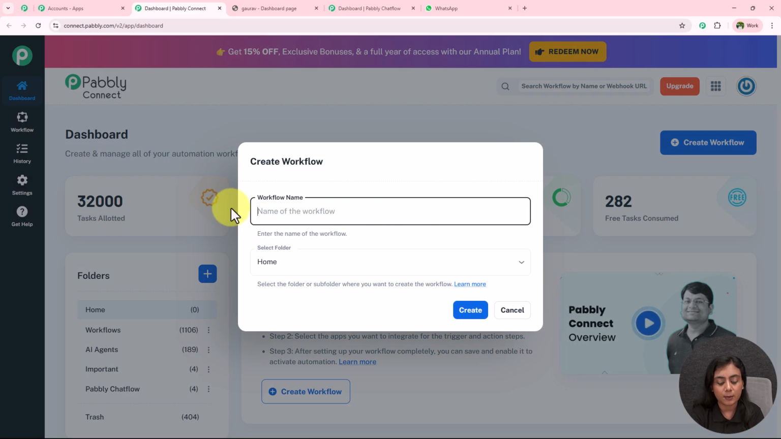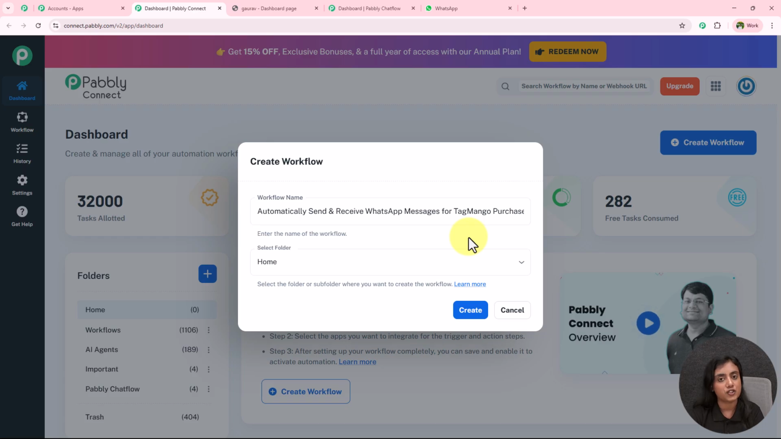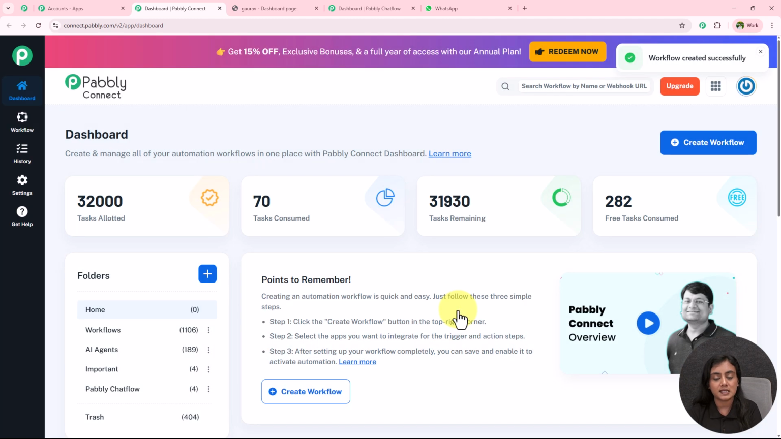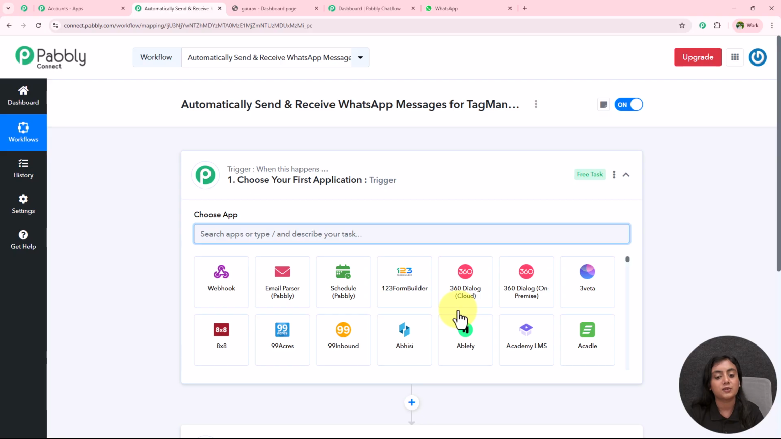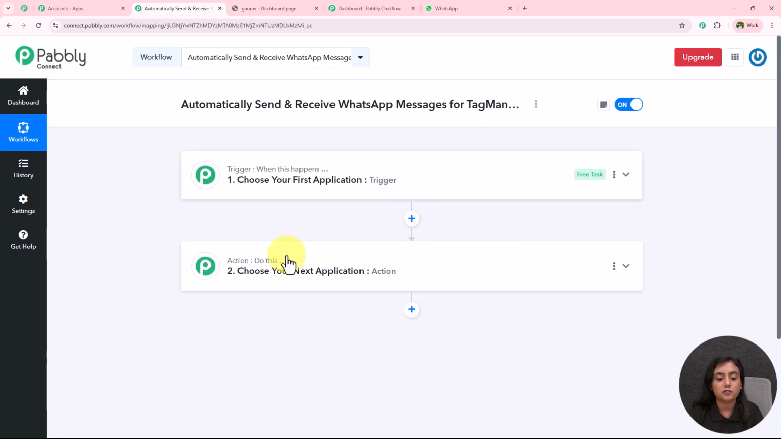So for the name of the workflow over here, I'm going to write it as automatically send and receive WhatsApp messages for TagMango purchases. Okay, so this is the name of my workflow. For the folder, these are the folders from which I'm going to select the workflows folder, and then simply I'm going to click on this create button right over here. You can also create multiple folders according to your requirement. And you can see a workflow has been created, and you will find that there are two windows in front